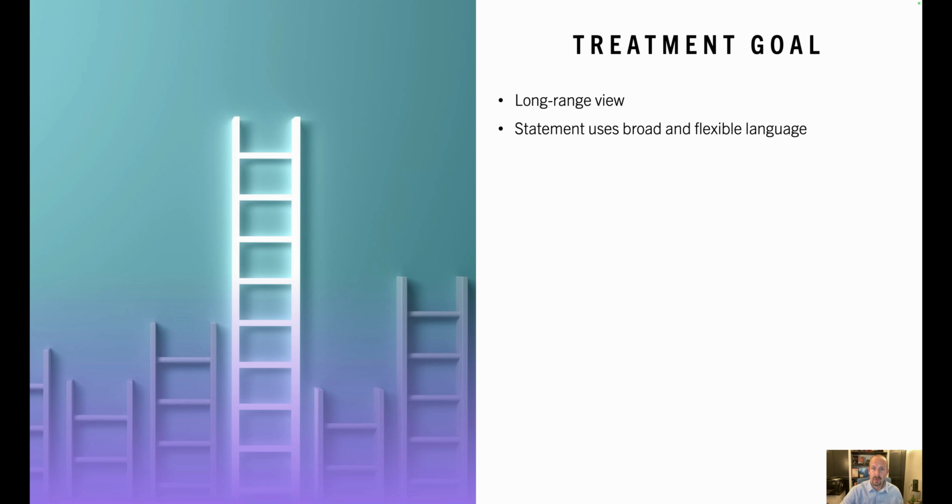That's very helpful when you're talking about insurance companies, as well as you want to have a language for a treatment goal that is flexible, that is not so specific that all of a sudden it's very difficult to meet the goal, or you meet the goal so quickly that then it seems like, again, that you should be ending treatment. So I'll give you an example here in a minute, but treatment goals typically, again, use statements that are